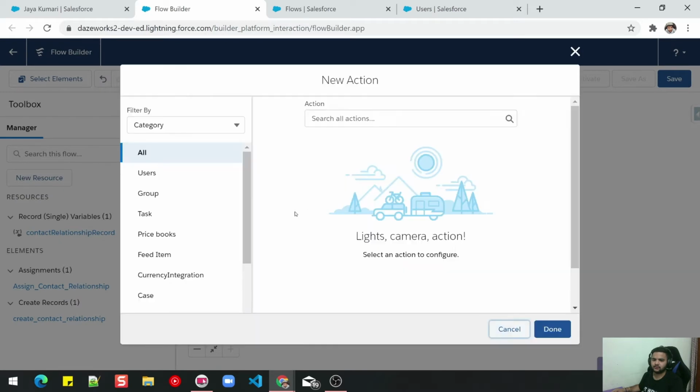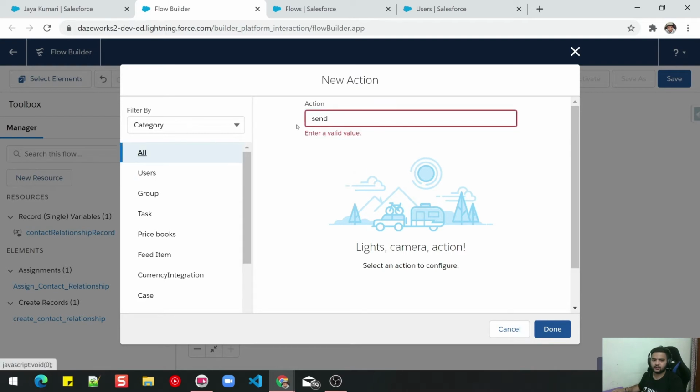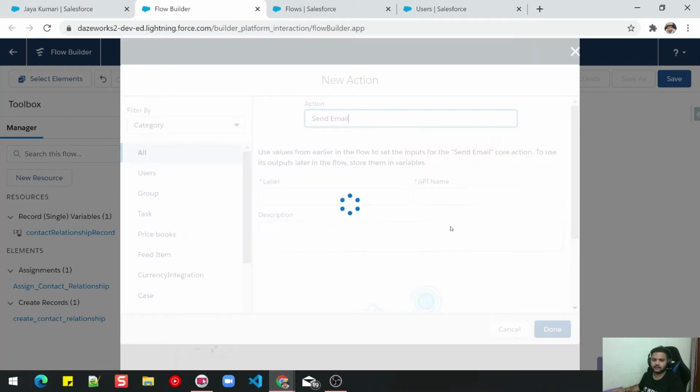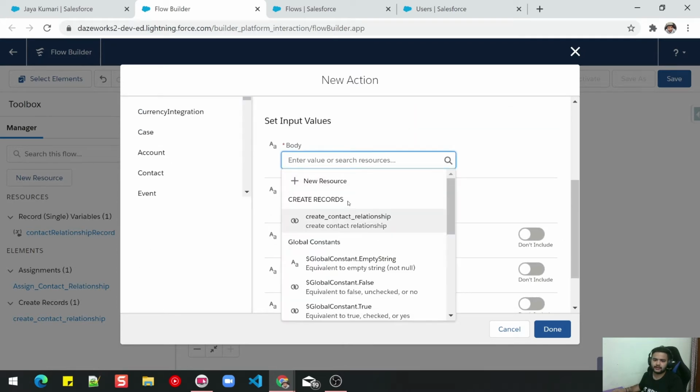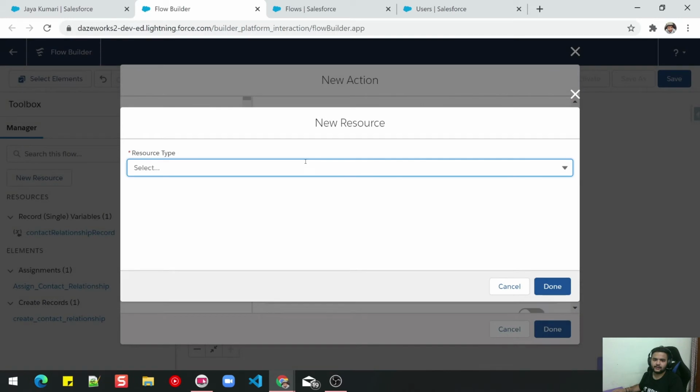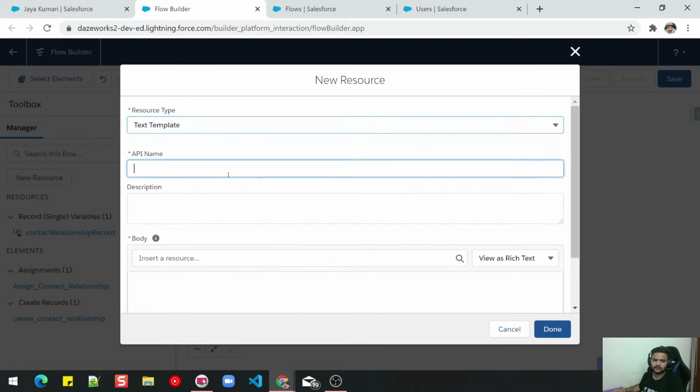Let's say I want to send an email to the user stating that there is an error while inserting the record. So I'll select send email, and I'll say send error email. And for the body, I'll select a new variable of type text template, and I'll pass the name email body.